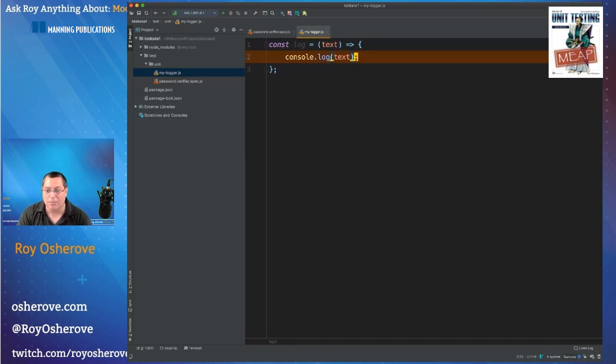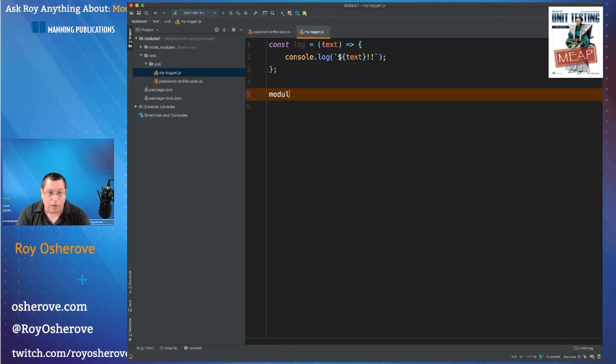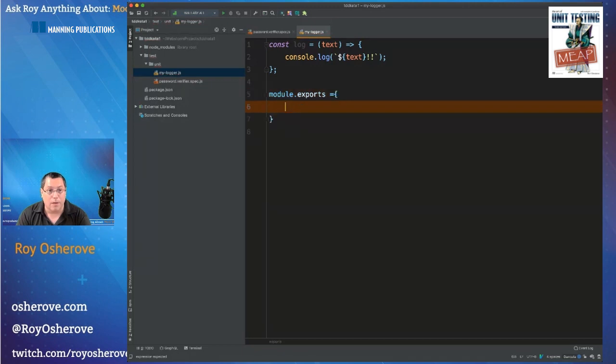Amazing, right? Actually, let's do text plus, because it has added value. Maybe you can do that with a template string, okay. And then we can say module exports is an object that has the log function. That's it.